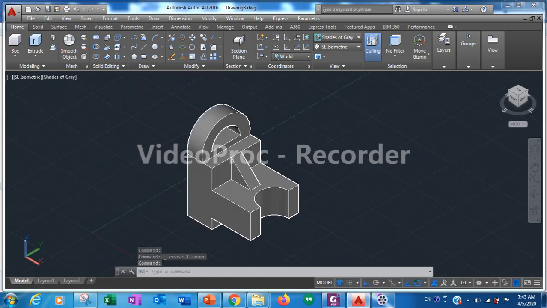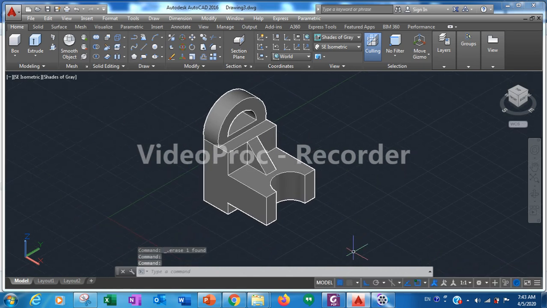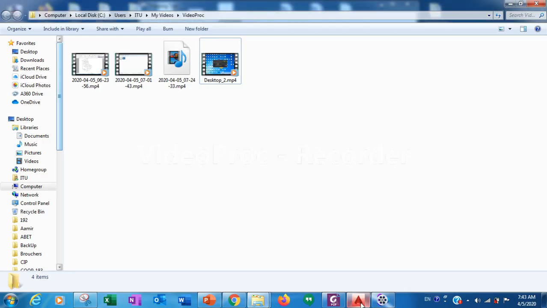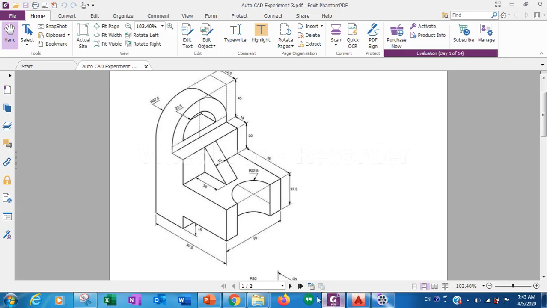Okay, now if we want to give the dimensioning, you can give it like this. It is 97.5, it is 15,